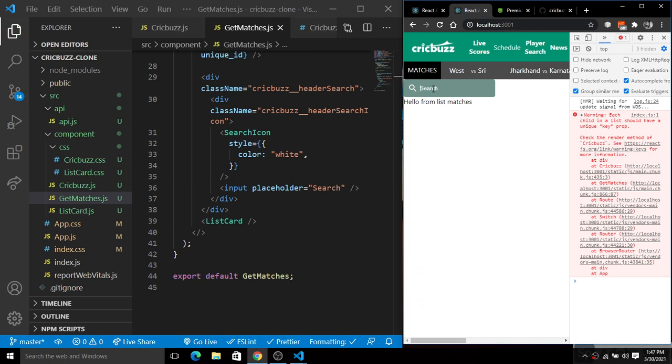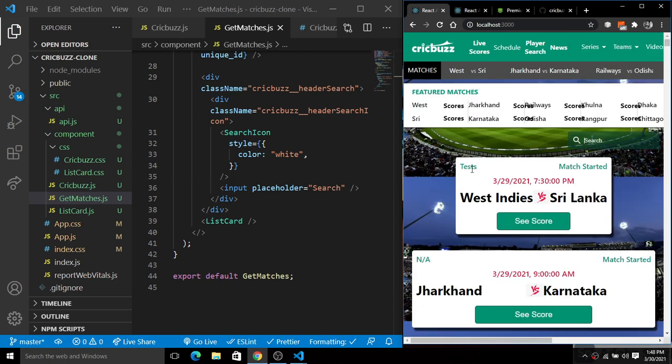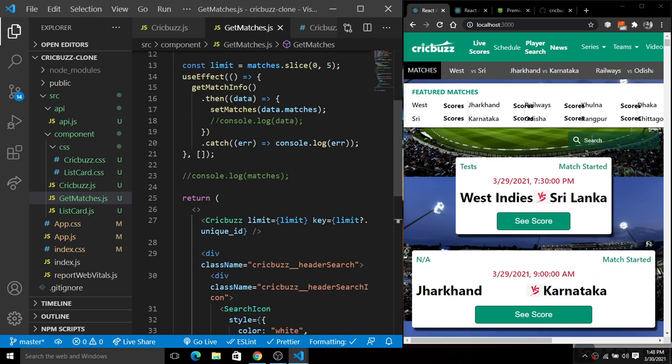So here you can see we have these two things: we have this type of test and we have this matches status. So I'm going to simply uncomment the data here, right? And simply save this. I have uncommented the data there, so it will simply render on the screen. Okay, so we have these things here.